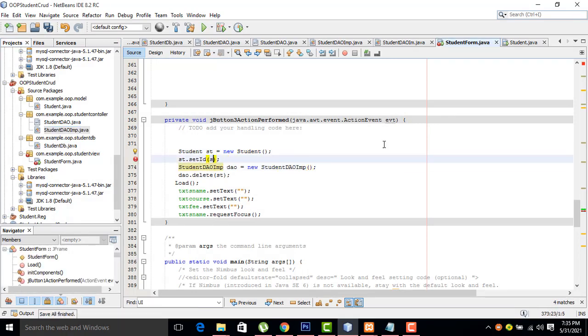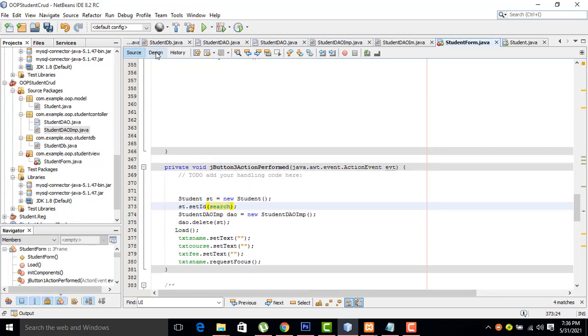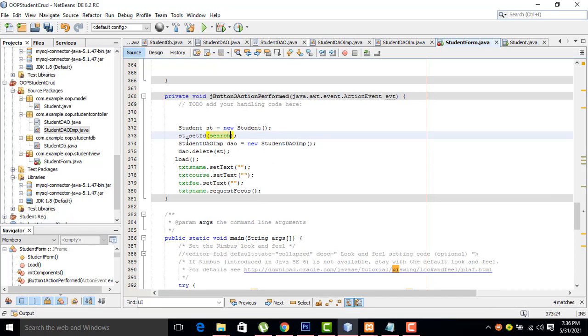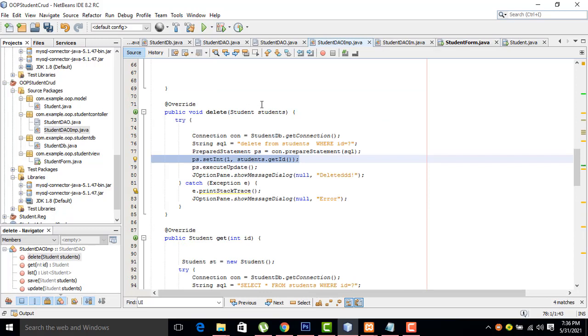the search, right? What's the record you search? So the record you search, the relevant results should be displayed. If you click the delete button, it will be deleted. It goes to the DAO implemented here. In this class there is a method called delete. The data you have here goes to the delete method. It will delete the ID. Whatever ID you give here, it deletes the relevant record. That's the thing we have to deal with here.